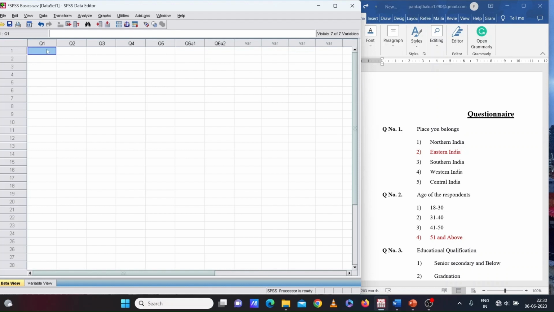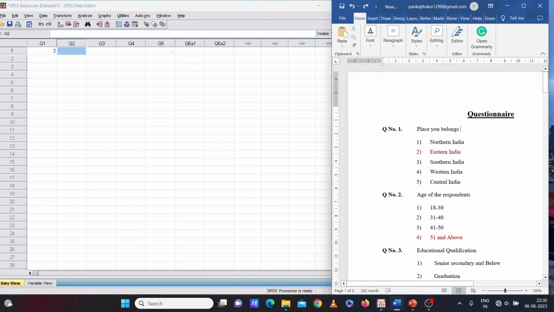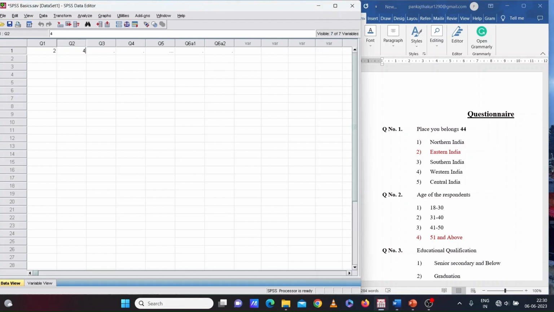For Q1, if the response is Eastern India and the value for this category is 2, we will write 2 here. Then in question 2, the answer is 51 and above, so the value for that is 4, so we will hit the 4.